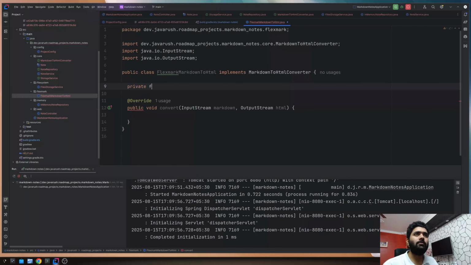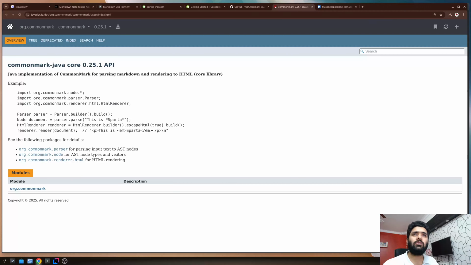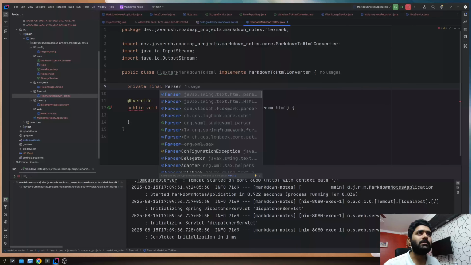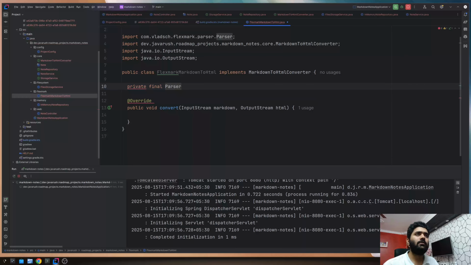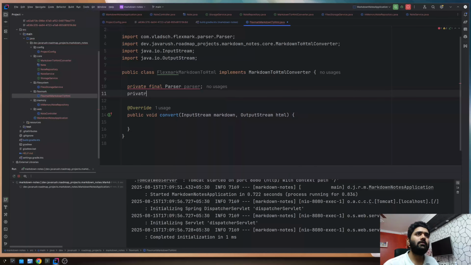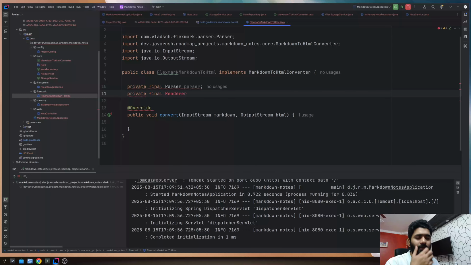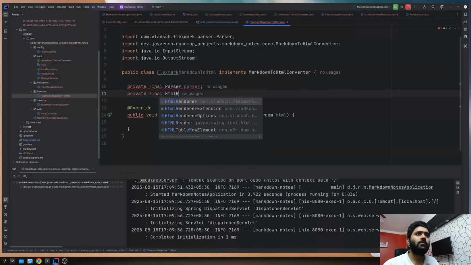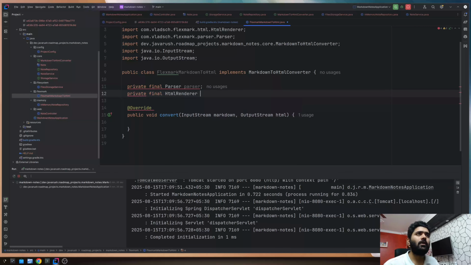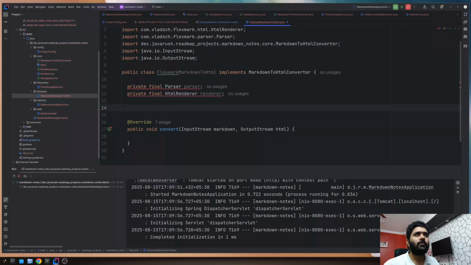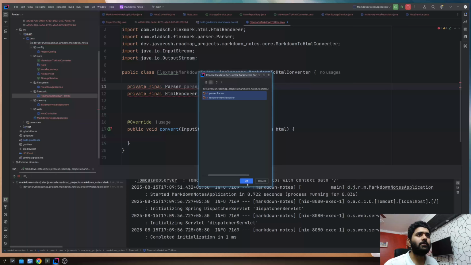So I'll say private final, and it is called parser, and it should come from this Flexmark Parser, and private final renderer, HTMLRenderer. I will call it renderer, and I will add a constructor parameter,